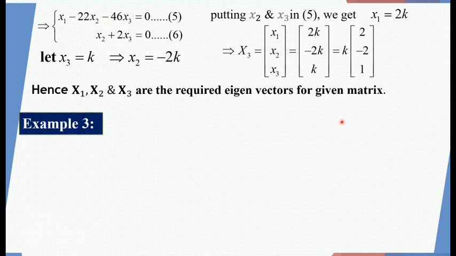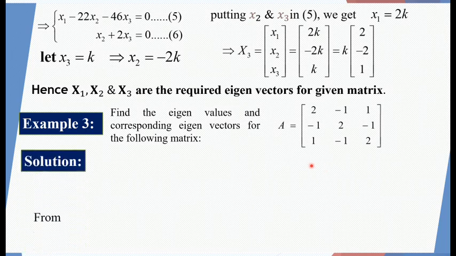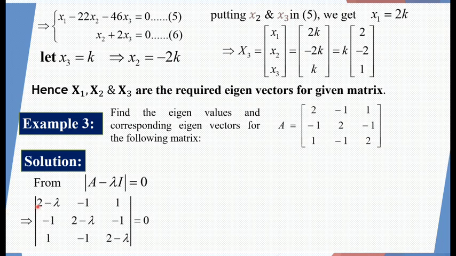Moving on to the next example: find the eigenvalues and corresponding eigenvectors for the following matrix. The matrix is 2, minus 1, 1; minus 1, 2, minus 1; 1, minus 1, 2. See, each row is similar to each corresponding column, so the matrix is symmetric. Solving in the same manner, from determinant of A minus lambda I equal to 0, this will be